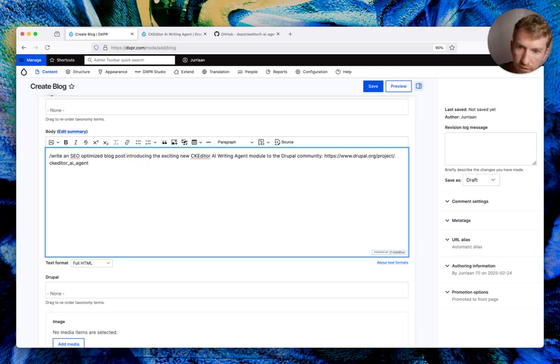Even though AI models are getting smarter and better at writing stuff that makes sense based on context, it's still important to give it details, because it doesn't know if I want a 500 word blog post or a 5,000 word blog post. In my experience, giving it a word count is always a great idea. So let's start with a 900 word blog post,